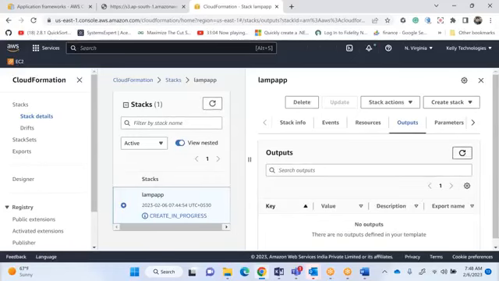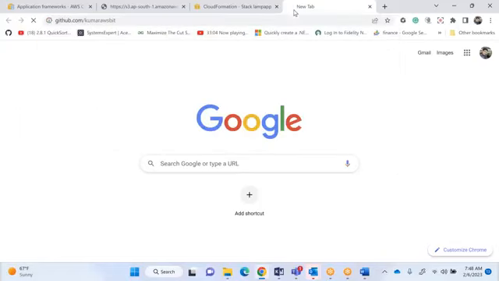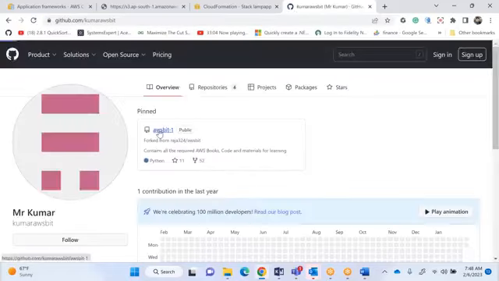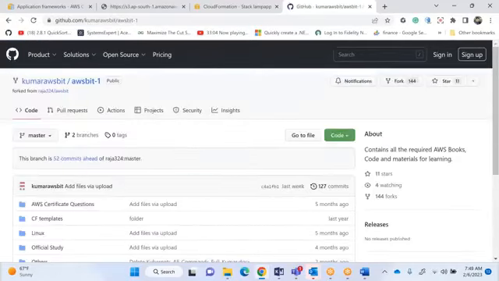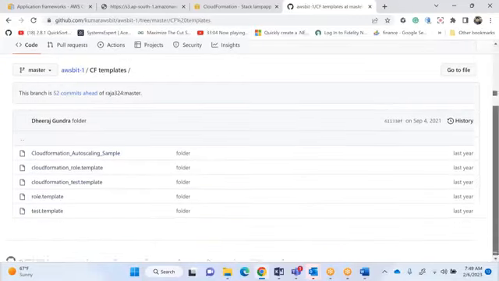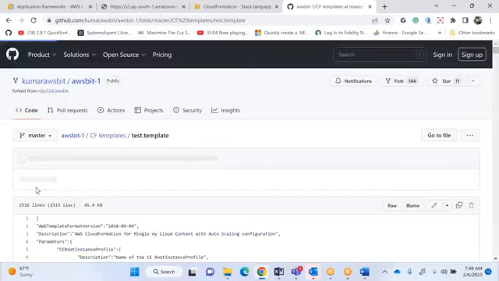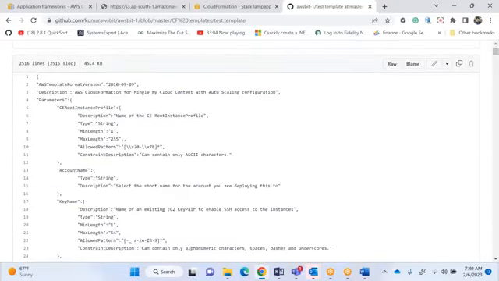And if you want any real-time CloudFormation templates, sir, can you tell me these are examples, real-time? Real-time, again, as I mentioned, you write KUMAR AWS BIT. Same thing, my real-time, which I worked on for Rolls-Royce, Enterprise Edition. What is the tool name? I forgot the tool name. But you see here a CloudFormation template. I pasted certain CloudFormation templates of my real-time work. You can just go and click on test and you should see a very huge cloud. Mingle is my application. Yes, we configured an application called Mingle for Rolls-Royce in 2016.